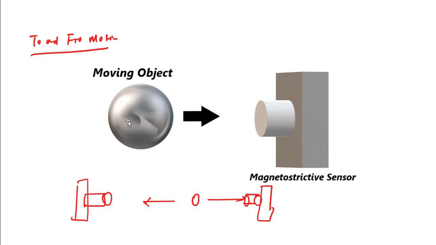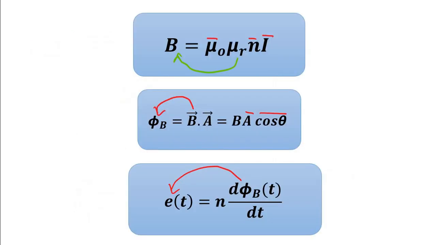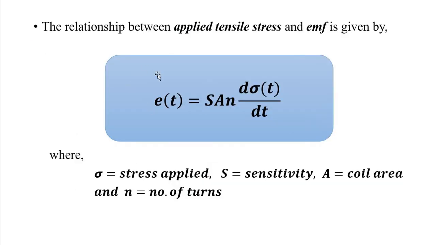So what happens is that whenever the object strikes the sensor, the sensor gets stressed. As it gets stressed, its relative permeability changes. Relative permeability causes a change in magnetic flux density. Magnetic flux density causes a change in magnetic flux. Magnetic flux change causes an EMF generation. Okay, this is the basic relationship, and this is the final relationship between stress and EMF, which is given by